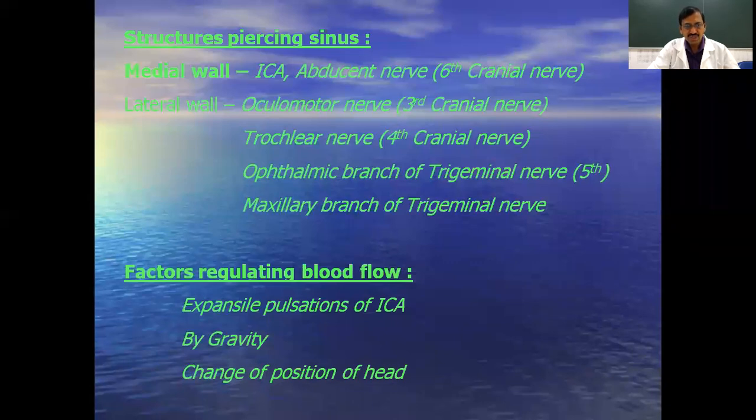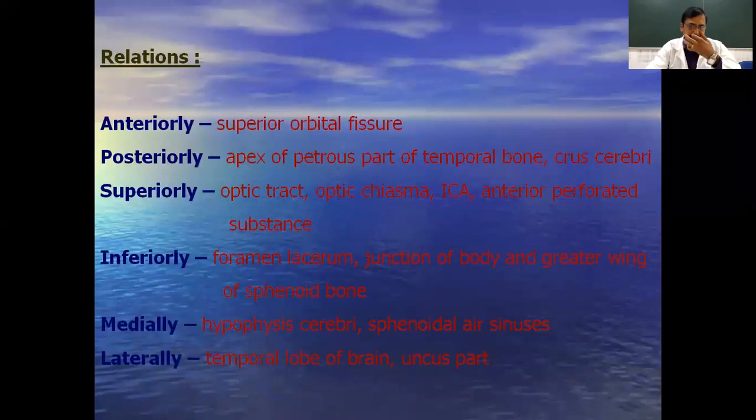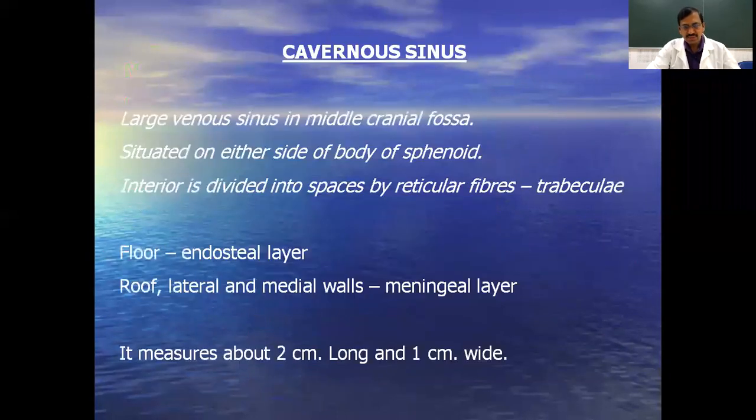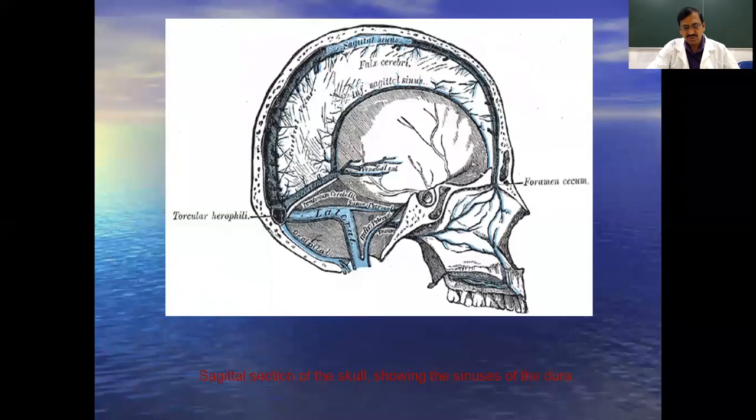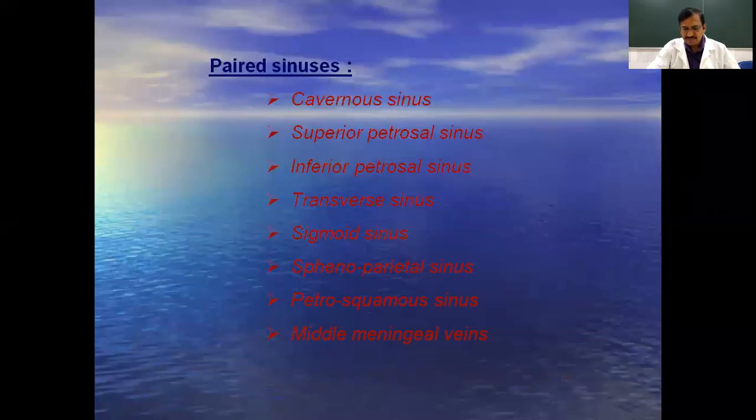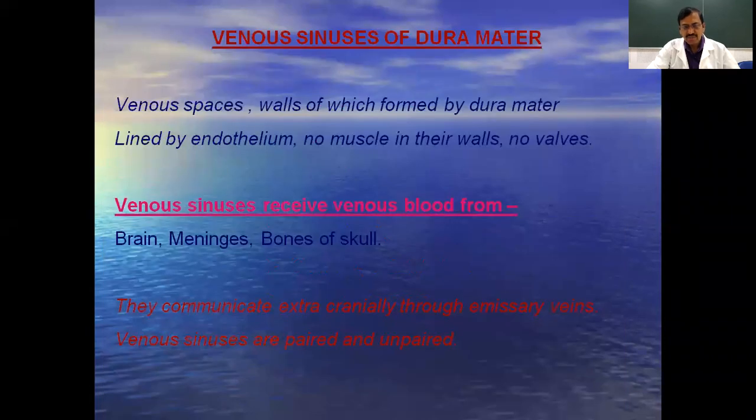You must be very careful with all the things we discussed till now. Okay, these are the take home messages. First is the cranial cavity. It is divided into three parts, that is anterior, middle, and posterior cranial fossa. Next are the layers which are lining the cranial cavity. The outermost one is the dura, and next are the arachnoid mater and pia mater.